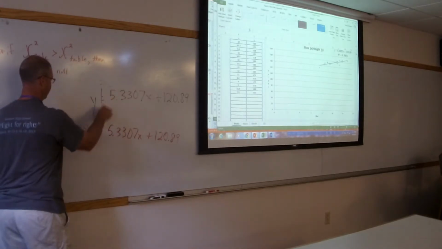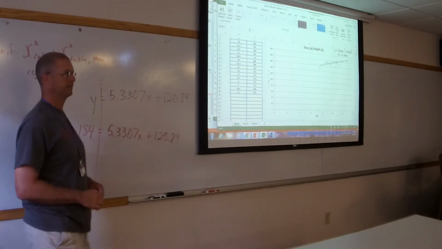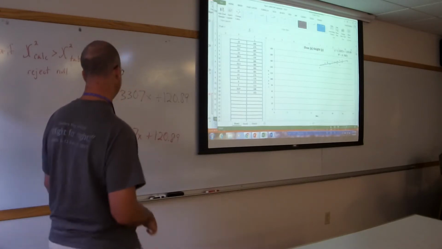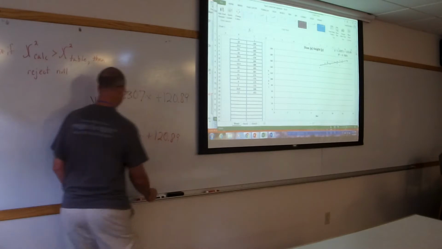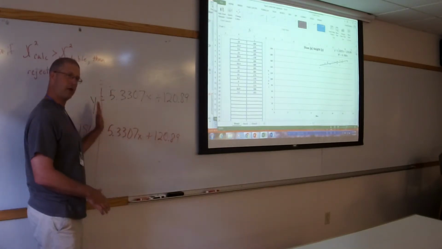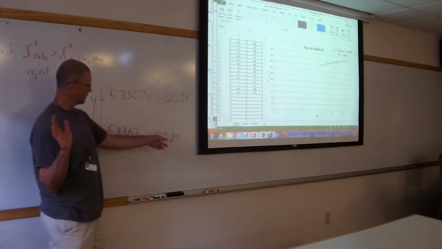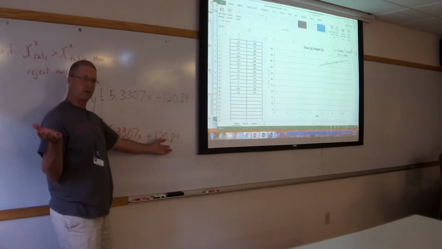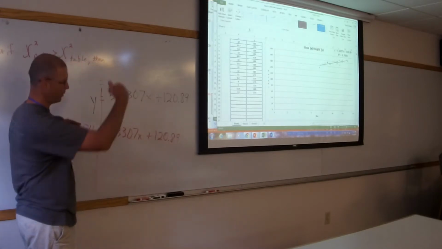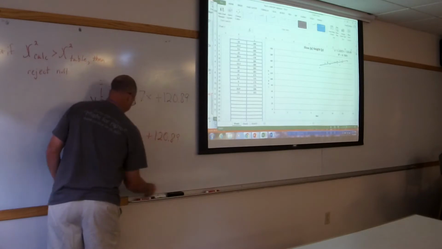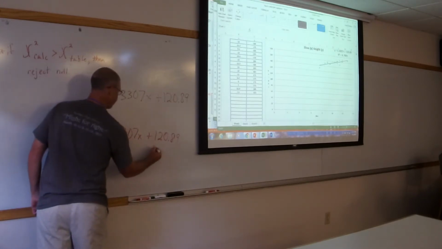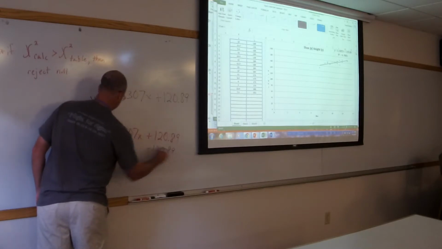What's their shoe size? 11.5-ish. How'd you get that? I took 184, took away the plus, which is 120.89, and then divided by 5. So you subtracted it. An equation is like a balance, right? If you take 120.89 away from this side, you have to take it away from this side too. So if you subtract this from both sides,